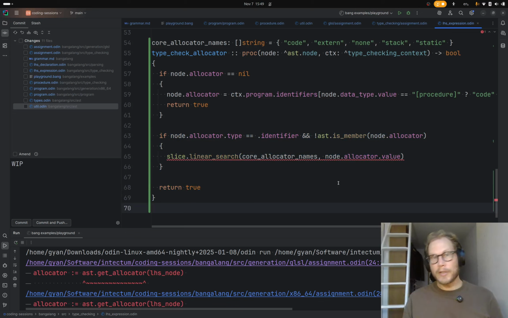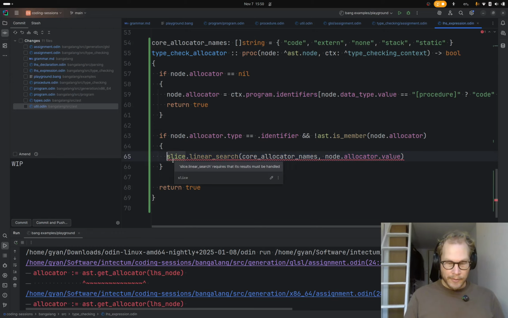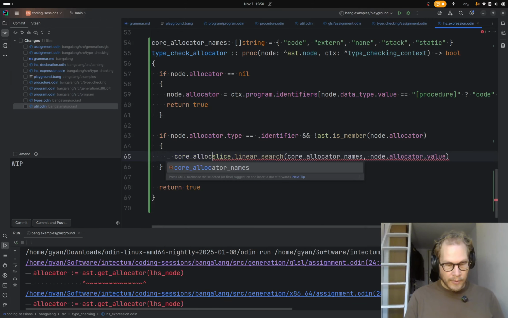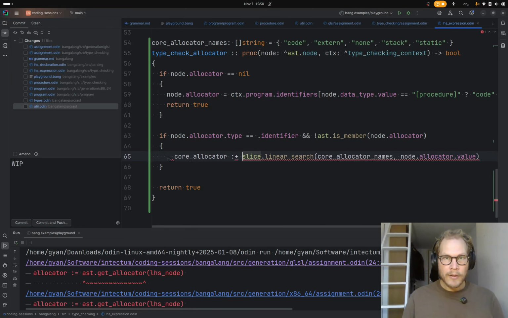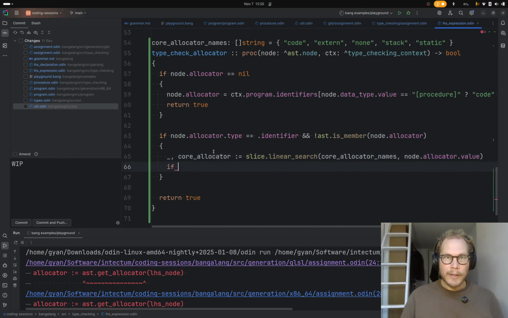There's no fancy expression or anything, it's just an identifier. And if that identifier matches one of the core allocators, like so,